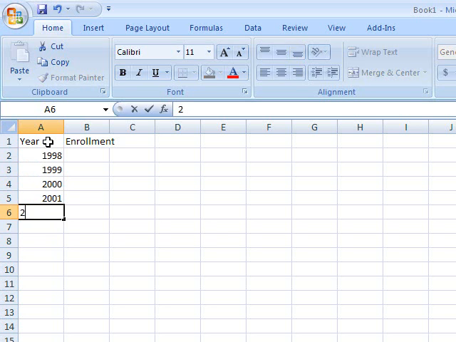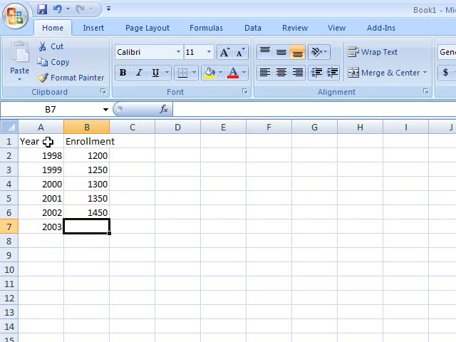I'm going to put in a few years worth of data and some phony baloney enrollment numbers. And then what I'm going to do is make some charts and graphs and show you some of the ways that you can change scales,